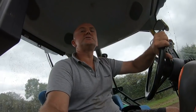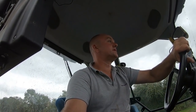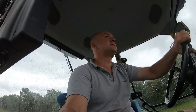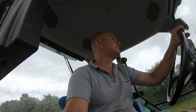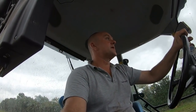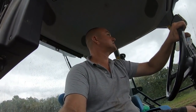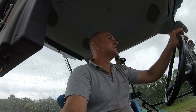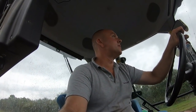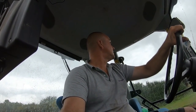We've got our rotation wrong this year. We've still got spring barley in some land. Spring barley stood up to combine, but we want to get drilled with oilseed rape, and it's time it was in, I think. But hopefully next week is a little bit better forecast. We'll get the spring barley cleaned up, get it worked, and by Friday next week I'm hoping we're drilled up with rape, put 50 acre in again. We're going to have a bit more, but the fields we've chose